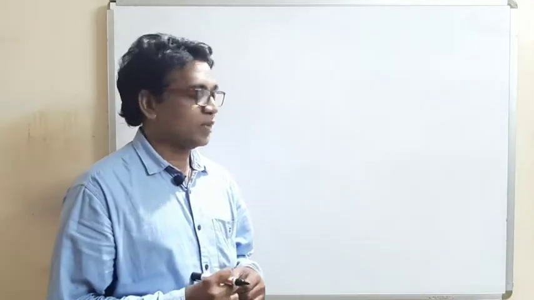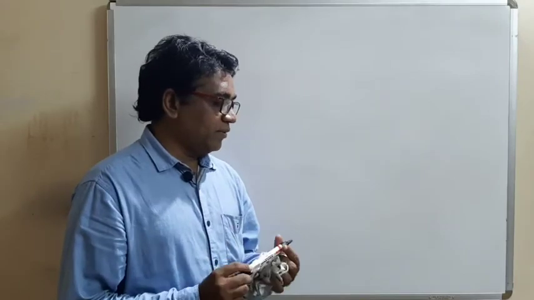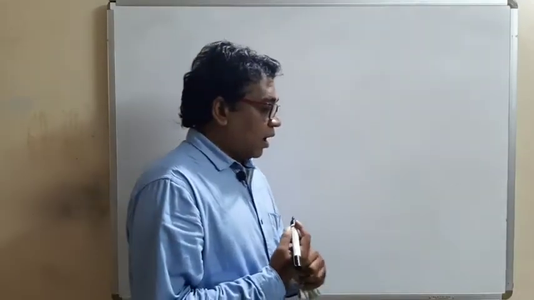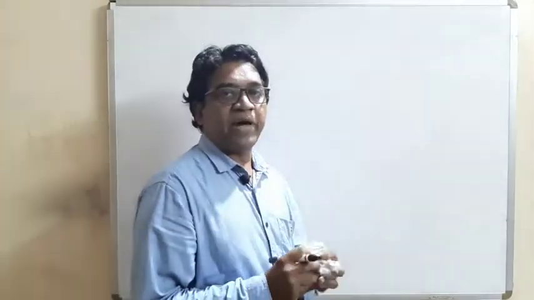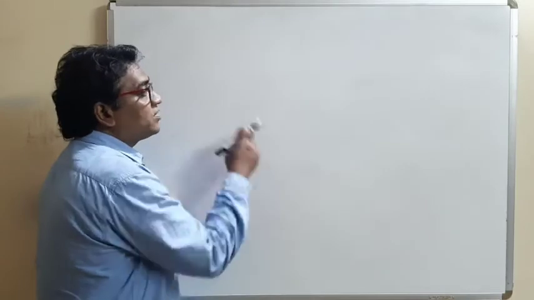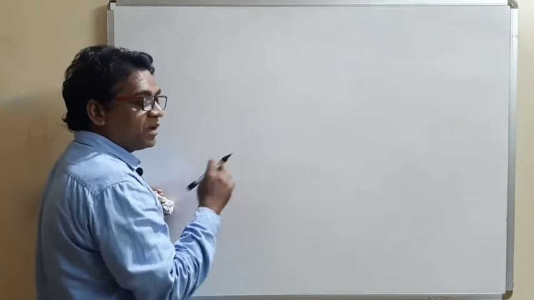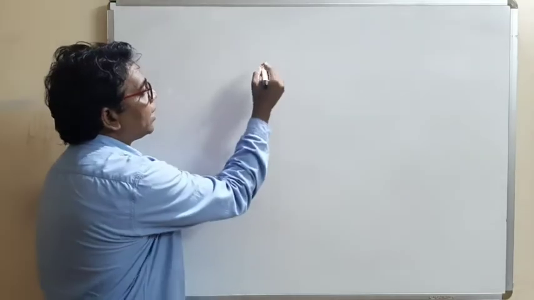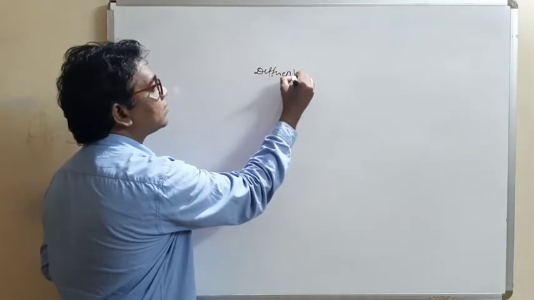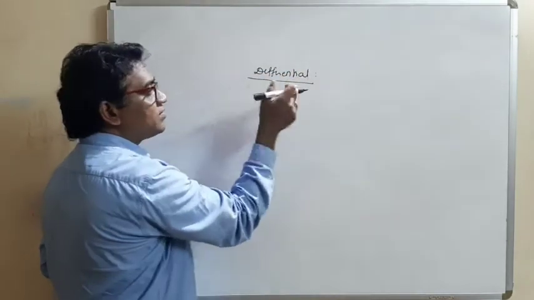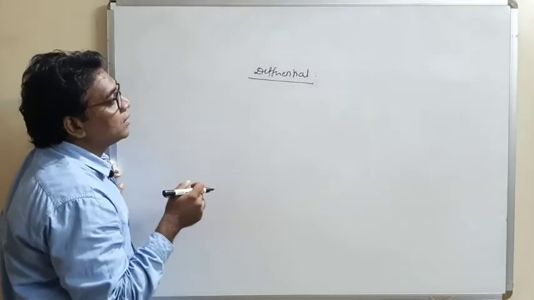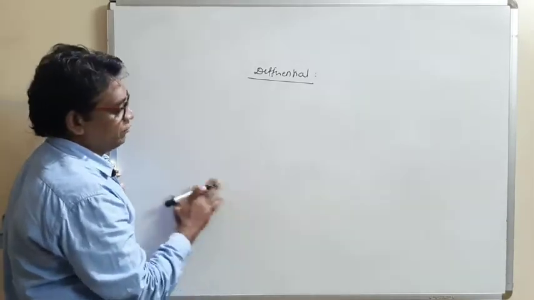So friend, last time we have seen the method of how to find out the approximate value of any function. Now this is the formula for finding the approximate value of any function, and it is called the formula for differential. Now see what is this differential formula by which we can calculate the approximate value of any function.